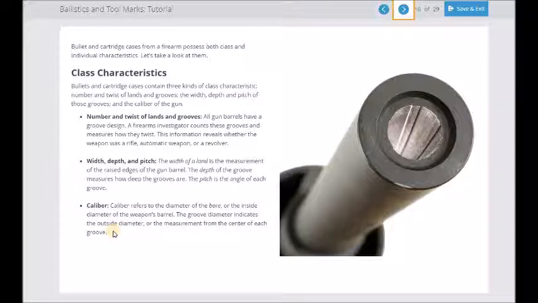If you can figure out the caliber of the weapon, you can now narrow it down to a specific type of weapon. Remember, class characteristics are helping you look for a type of thing. In this case, it helps us to figure out what type of gun we're looking for. And you'd be amazed at how just by looking at the bullet, you can tell what kind of gun it was shot from. We're looking for an automatic pistol, or we're looking for a revolver, or we're looking for a rifle. These are things that can be determined just by looking at the bullet. Sometimes just by looking at where the bullet hit, or the bullet pattern. If there are several bullets, you can tell that it was possibly an automatic